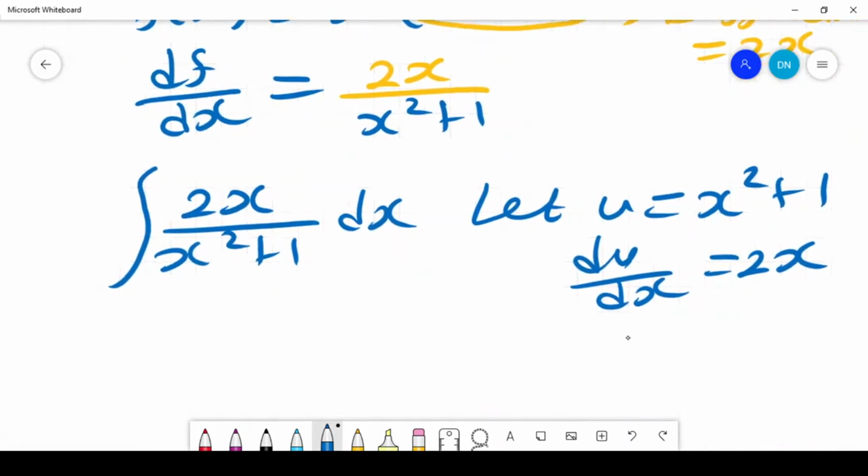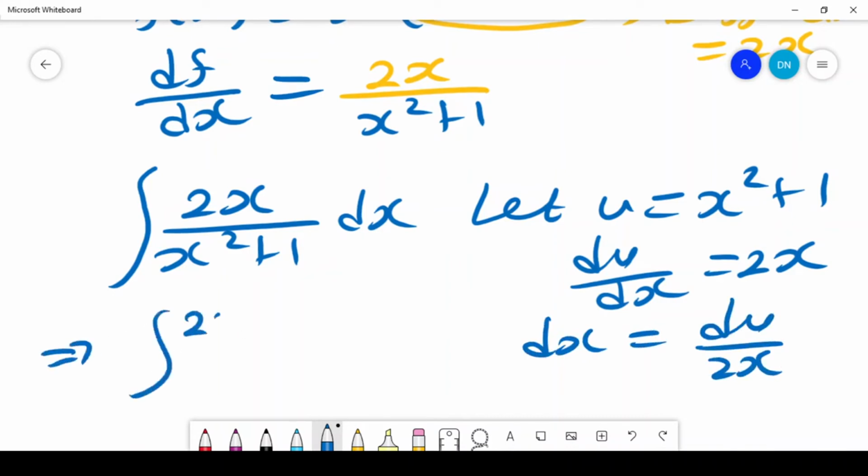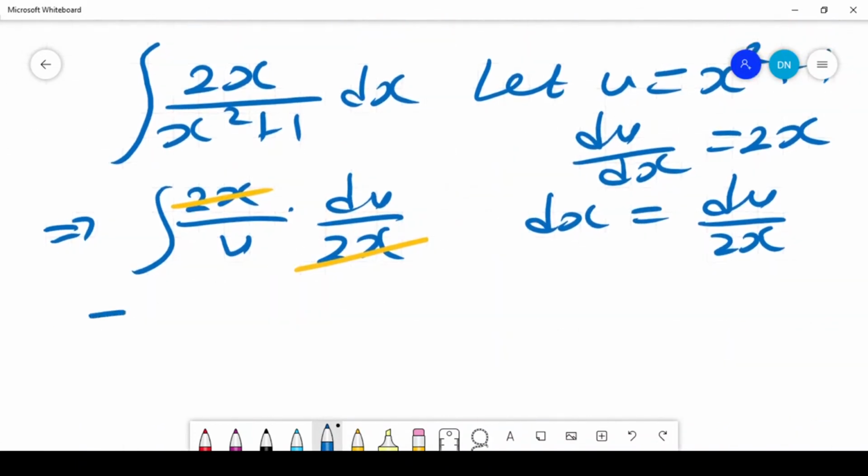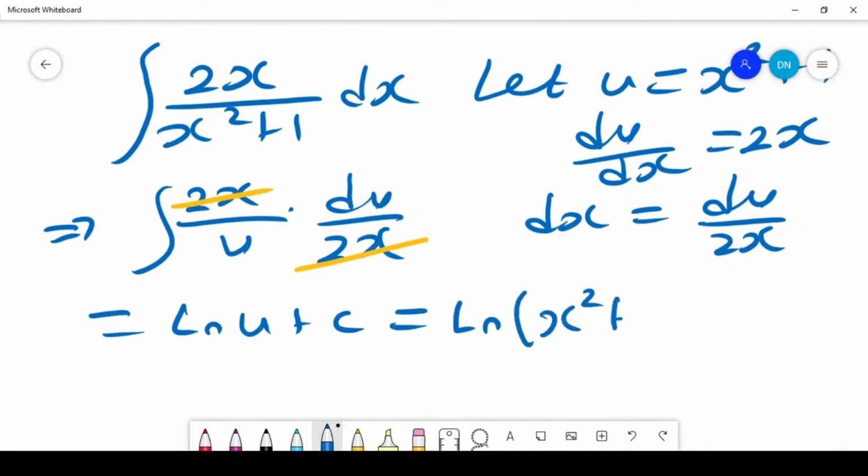That tells you that my dx is du over 2x. So if I come back to my integral, I'll write it as 2x over u times du all over 2x. Again, we can easily see that that cancels. And if I integrate du over u, this gives me ln of u plus c. My u is x squared plus 1, plus c. And that shows